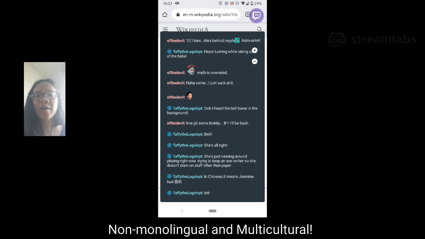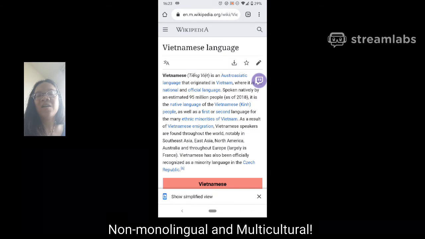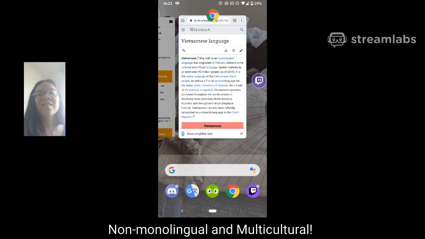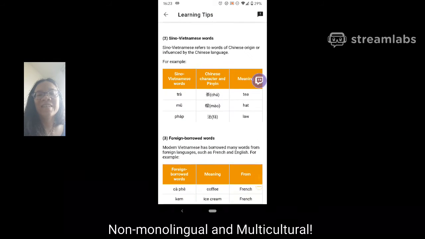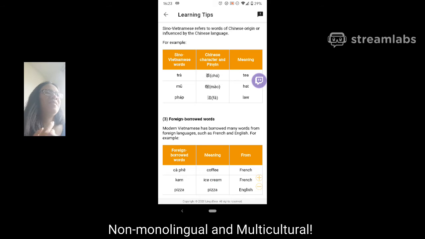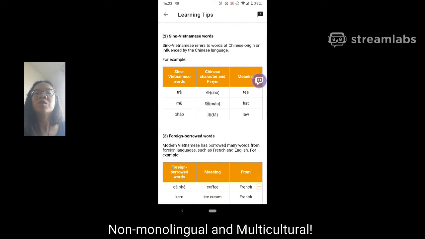She's just running around playing right now, trying to keep an eye on her so she doesn't draw on stuff other than paper. Oh, Jasmine Bud. Yeah, okay, that's cute. You can just call her Jasmine sometimes. Yes, we do have a habit of naming kids after flowers, girls especially.